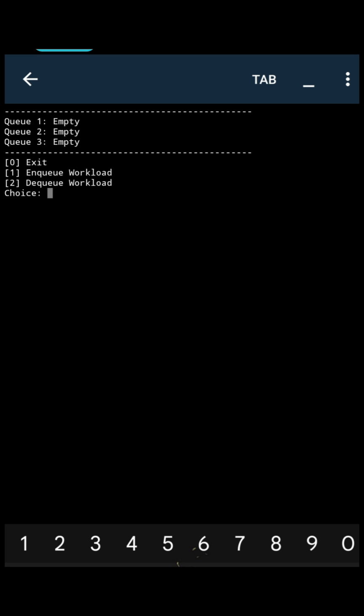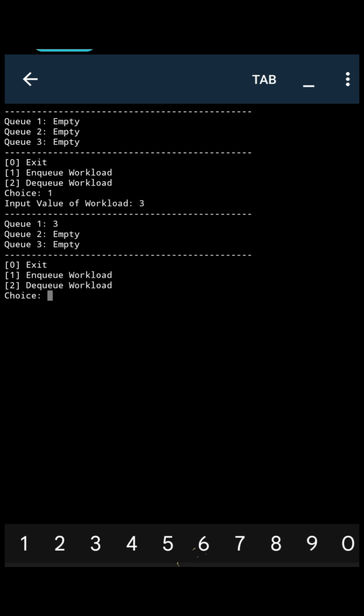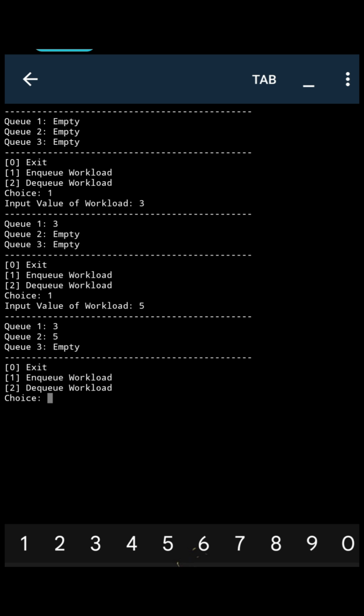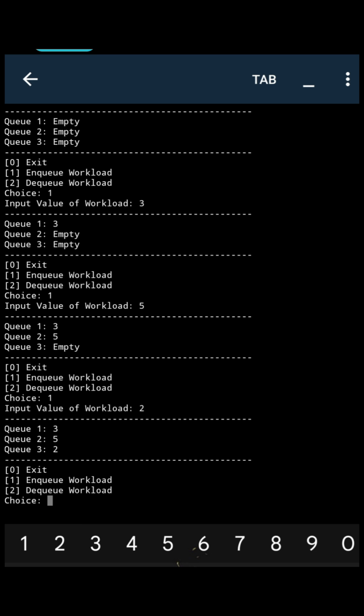To enqueue an element or workload, just choose one. So workload 3 has been enqueued at Q1, workload 5 has been enqueued at Q2, and workload 2 has been enqueued in Q3. Since all queues have been filled with workload,